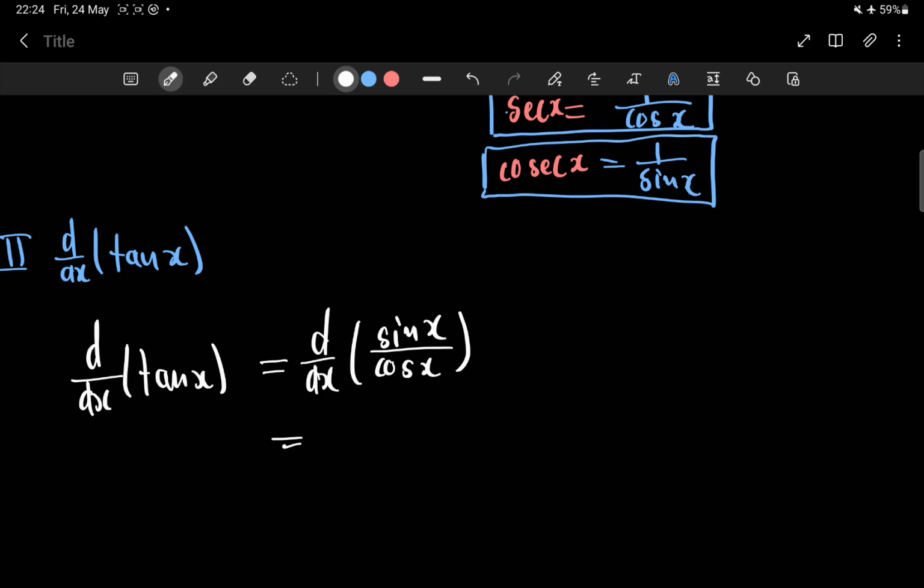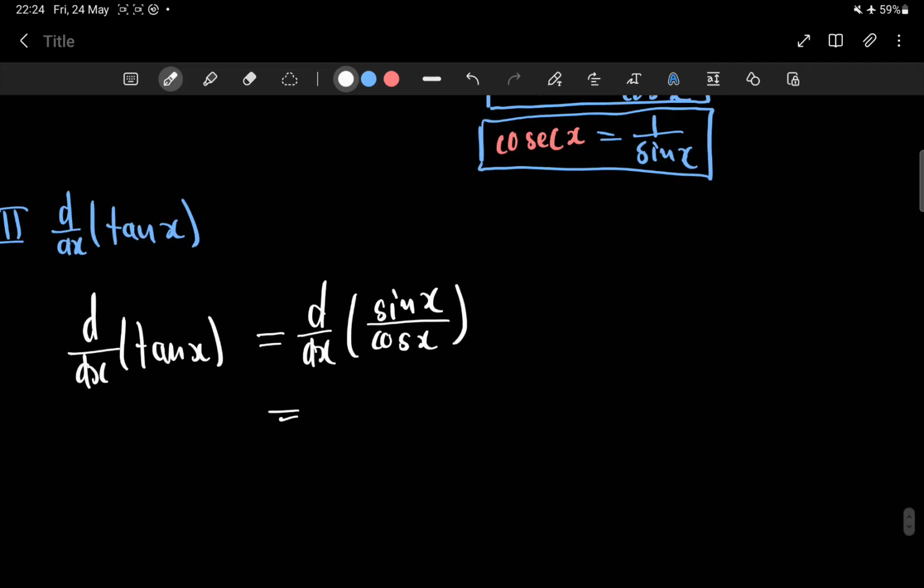This is the next thing which you are going to do. It's going to be the quotient rule. After the product rule, you do the quotient rule. The quotient rule is for when two things are dividing. So according to the quotient rule which you've already seen,